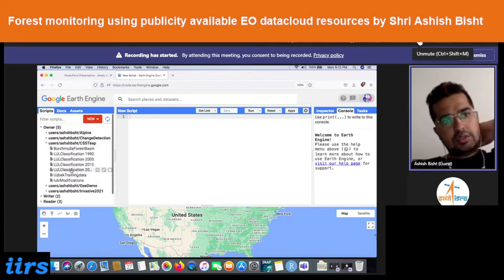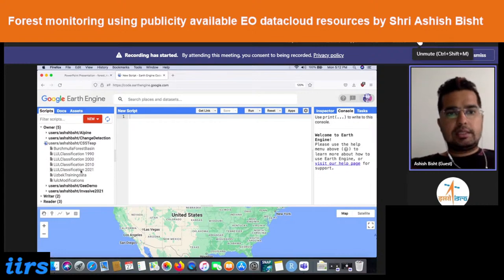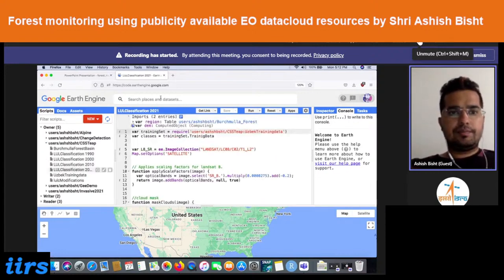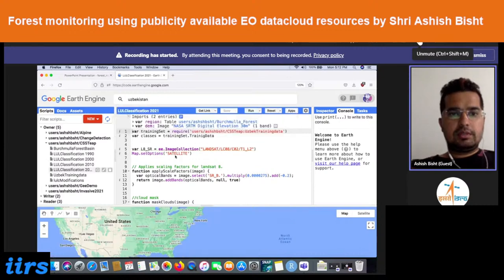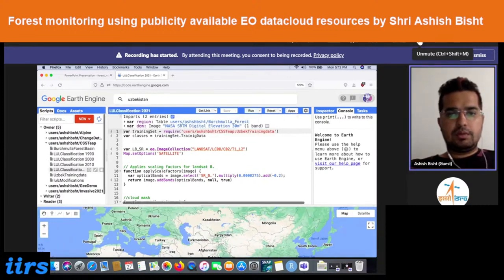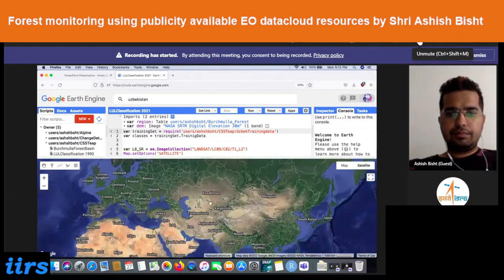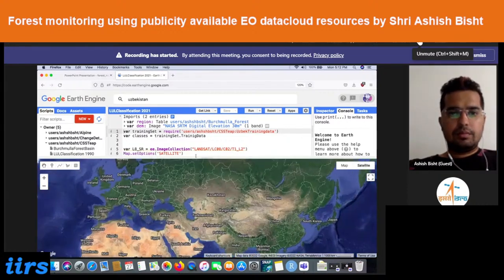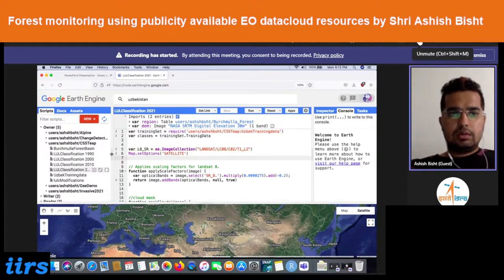Yeah, I'll just open this LULC classification 2021, Uzbekistan. I'll just go to Uzbekistan district where we use. So this was the region. Yeah, so this is the region. Okay, so